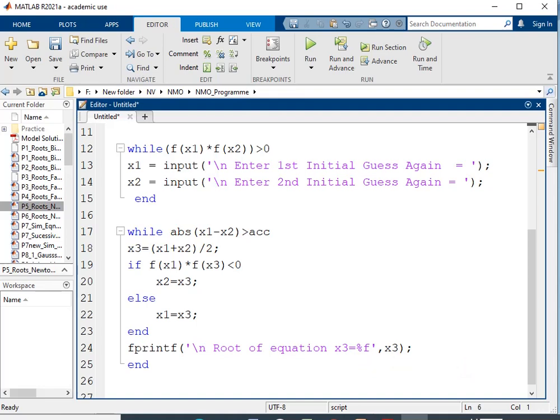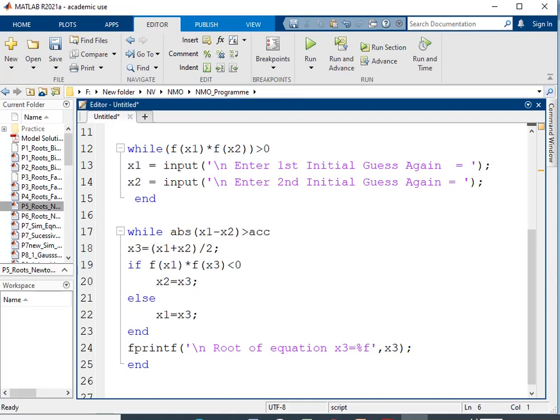If you want to print an integer, you can use %d. %f is used for printing the floating point value, and %c is used for printing a character. So these are nothing but the conversion specifiers. Then after printing this root, the loop will end, and this process is repeated till we reach the desired accuracy, and once the desired accuracy is reached, we can stop. We have used this fprintf syntax inside the loop, so the root will be printed a number of times till the desired accuracy criteria is reached.